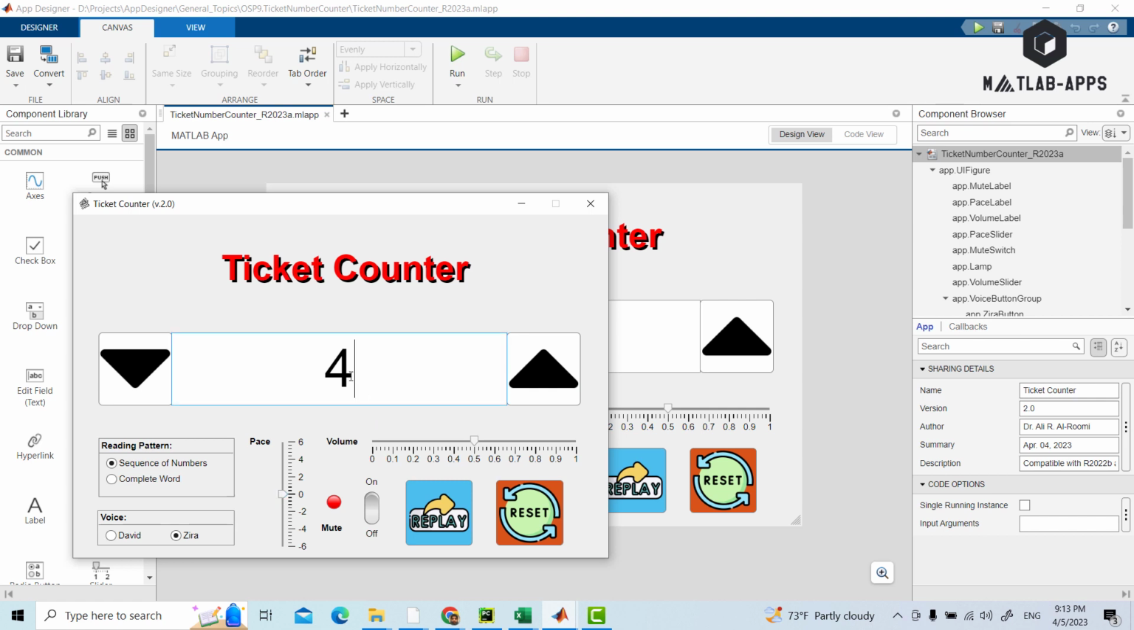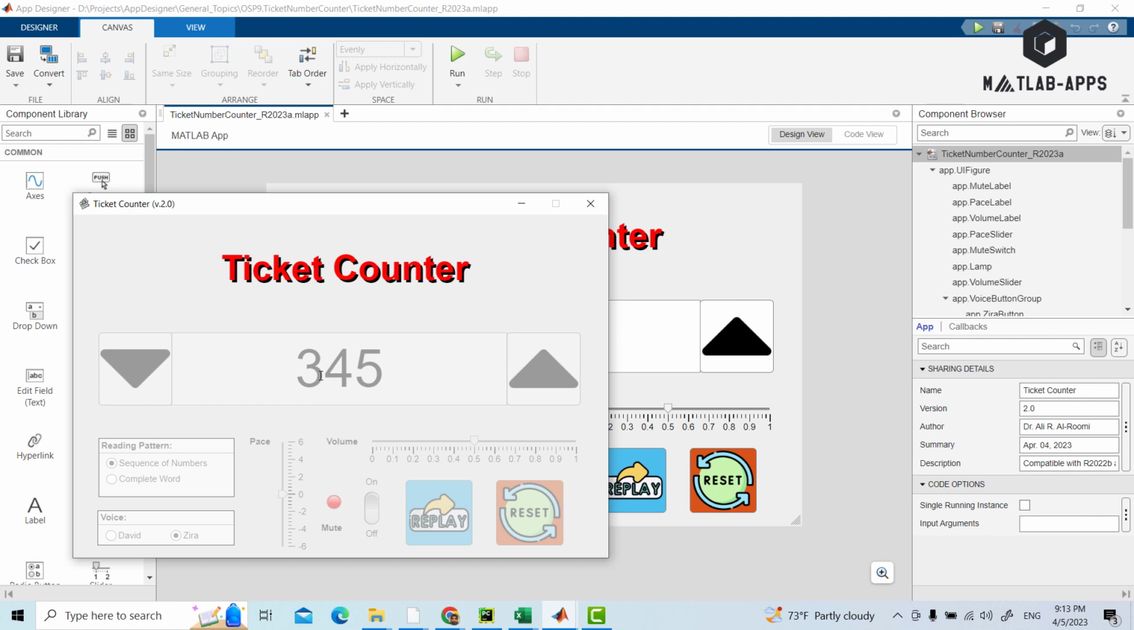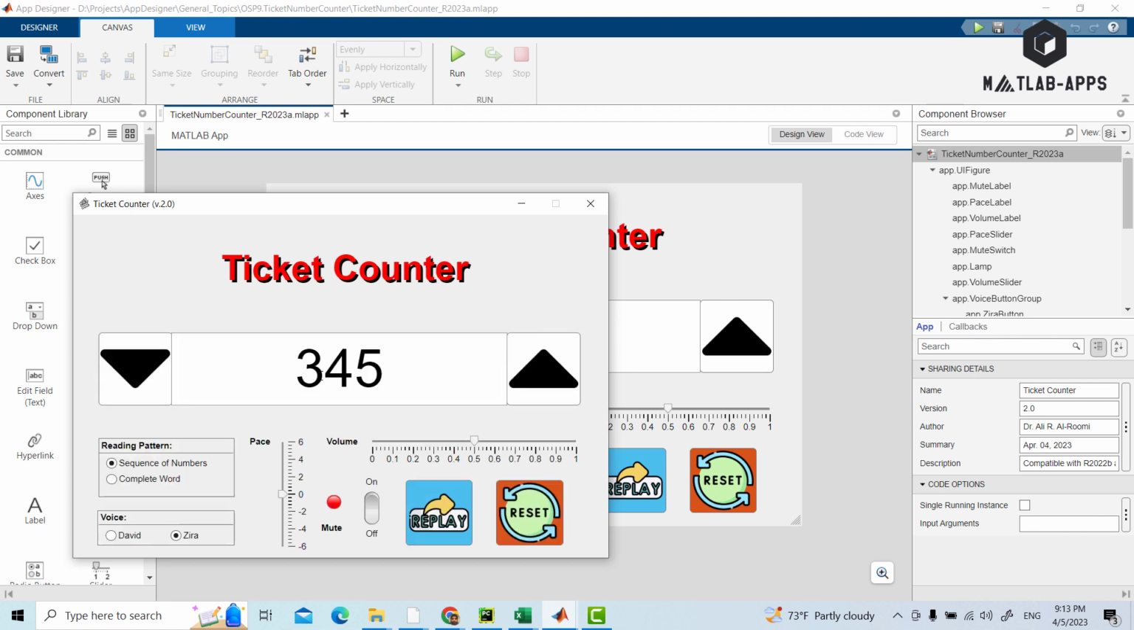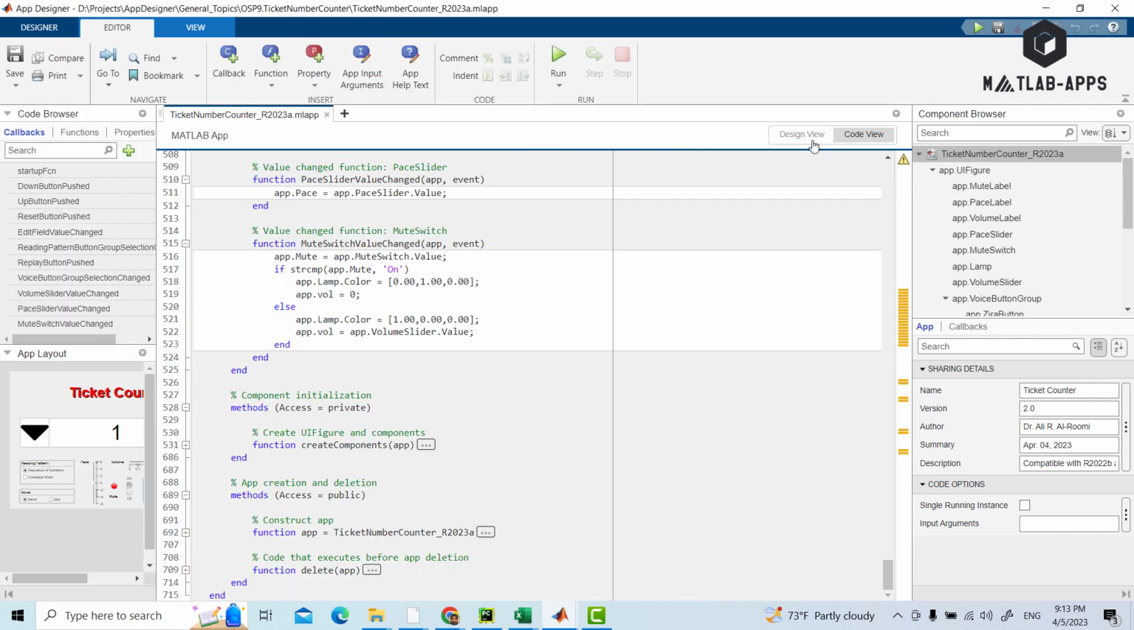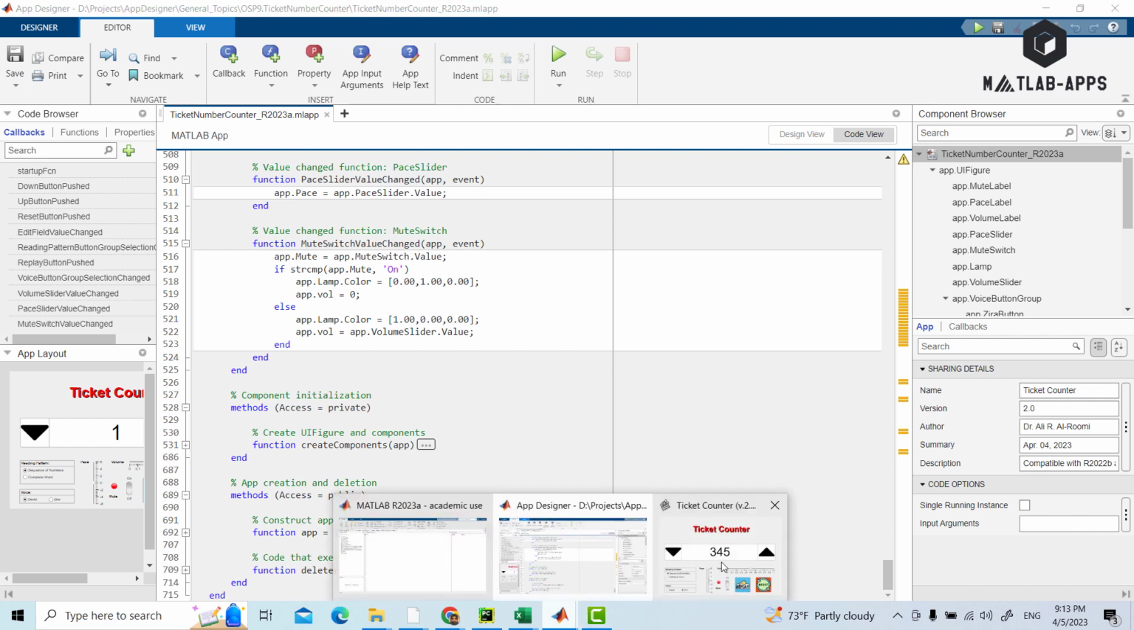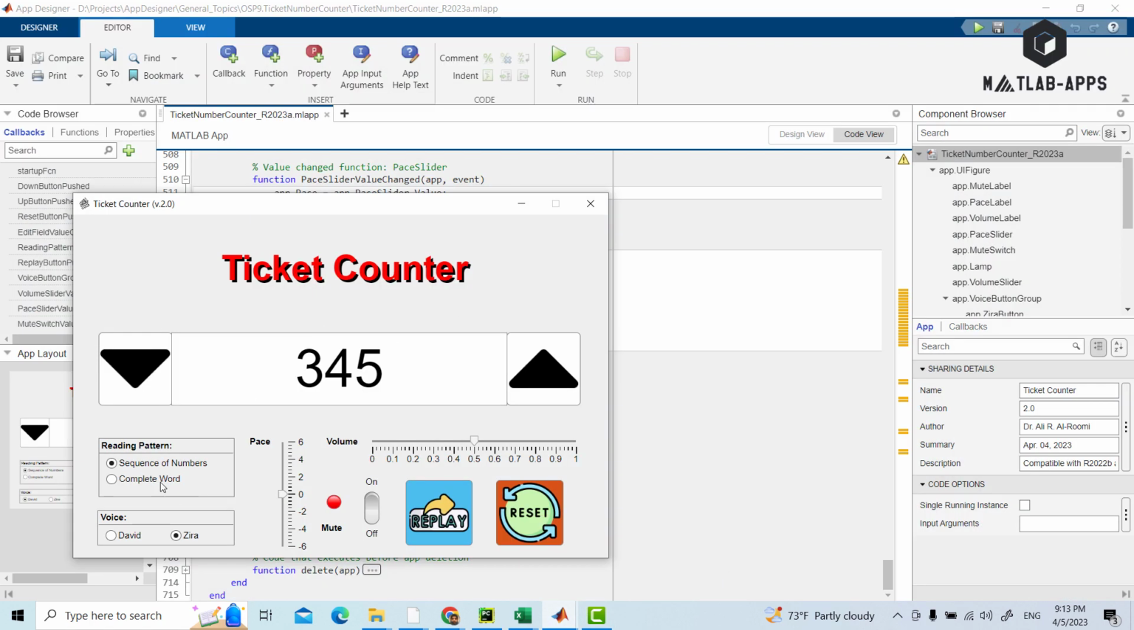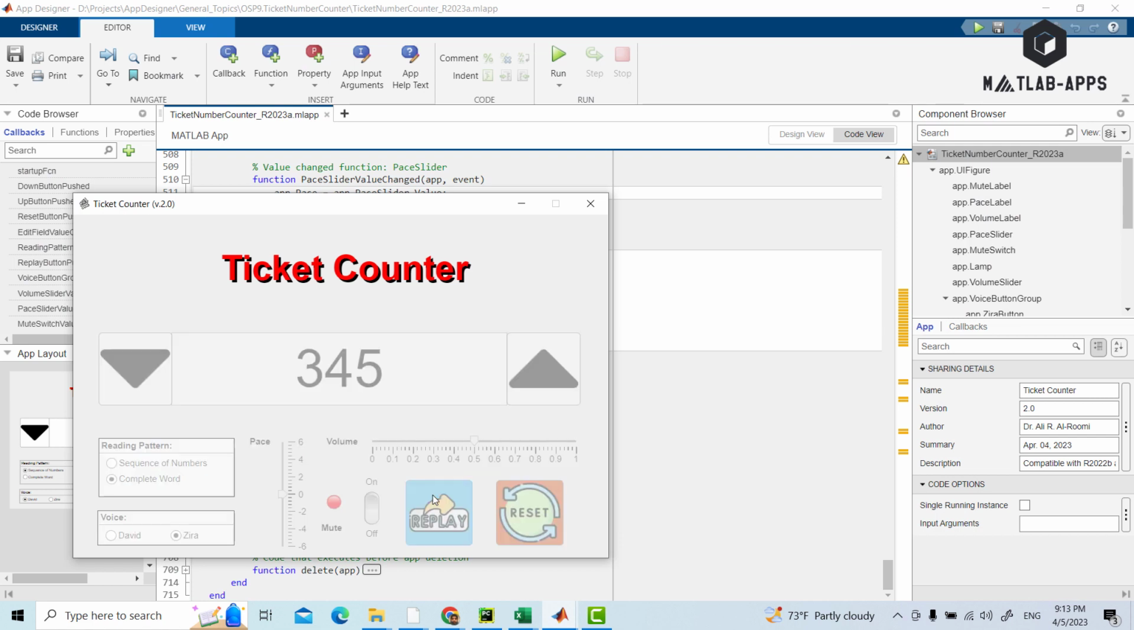And here we can enter any big value, for example, 345. The ticket number is 3, 4, 5. What about if we want to read it as 345? Can we? Yes, because of these codes, we have this ability. We can come here to the reading button and select complete word. Replay it again. The ticket number is